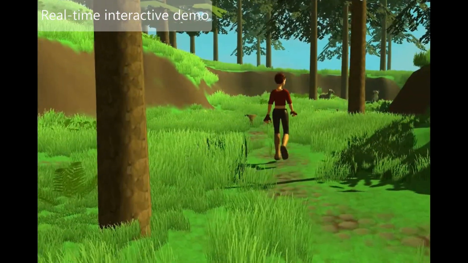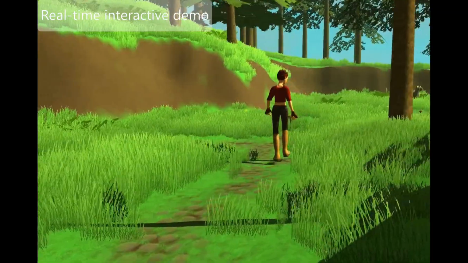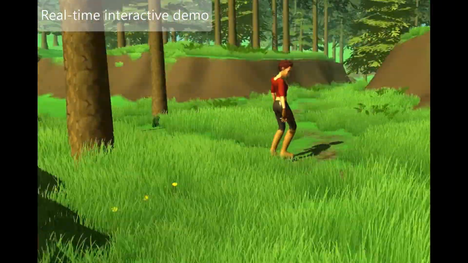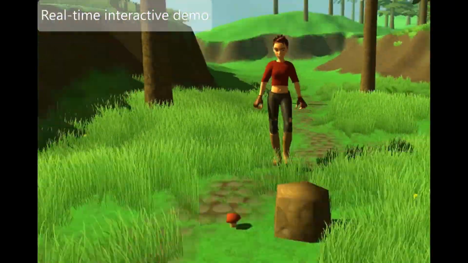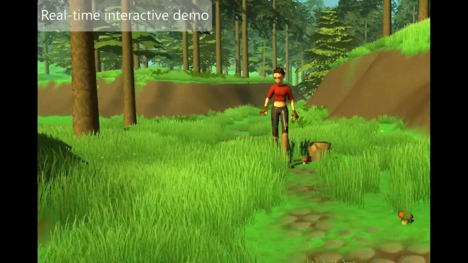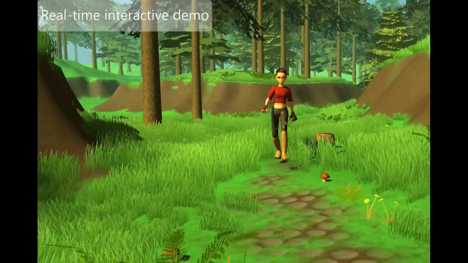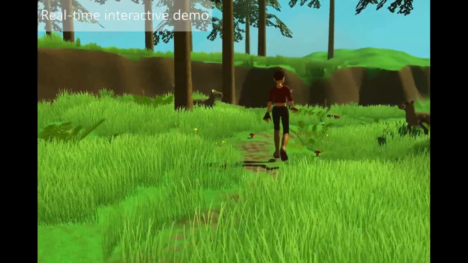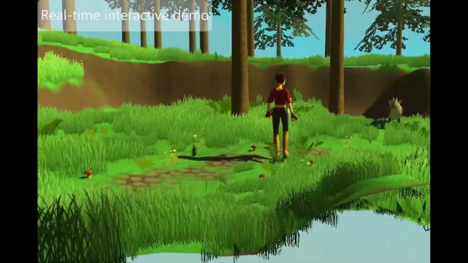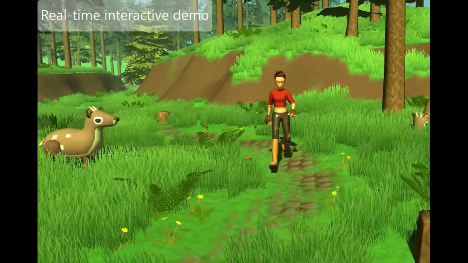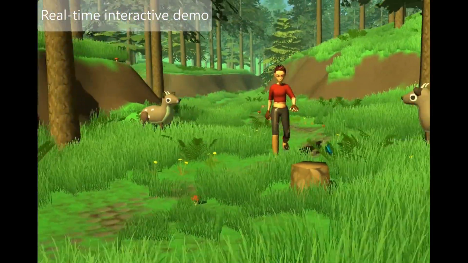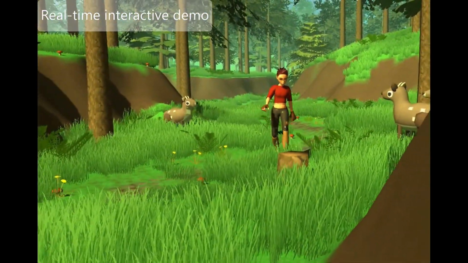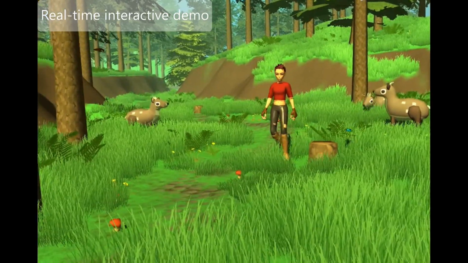Finally, we show an example of an interactive real-time demo where a user controls the character while our model outputs the gaze animation. As we can see, the character's gaze and head are able to react to the stimuli as they come within its field of vision, and it can also try to anticipate the path given the current direction of the user's input. This shows that our reactive gaze animation can make the character seem much more responsive and alive, and is applicable to real-time scenarios such as games and VR applications.